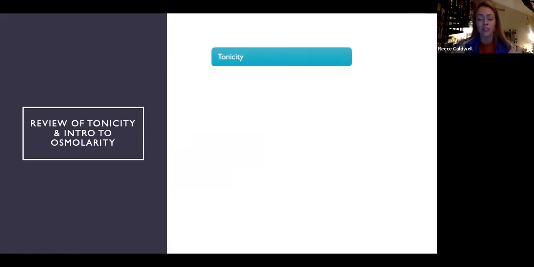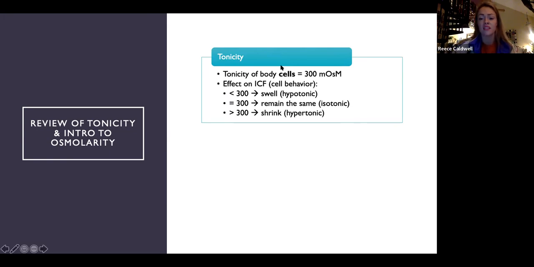So I bet a bunch of you are familiar with tonicity, and what it is. It's an indicator of the cell's behavior, or the effect of a solute on the ICF, the intracellular fluid. So intracellular fluid inside the cell, that's going to be cell behavior. If it's less than 300, we see that the body cells are at 300 milliosmoles. If we administer some type of solution that will cause the body cells to swell, this is a hypotonic solution. If it's equal to 300, they'll remain the same, an isotonic solution, and greater than 300, they will shrink because